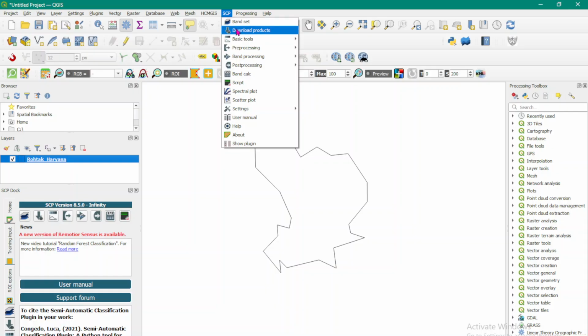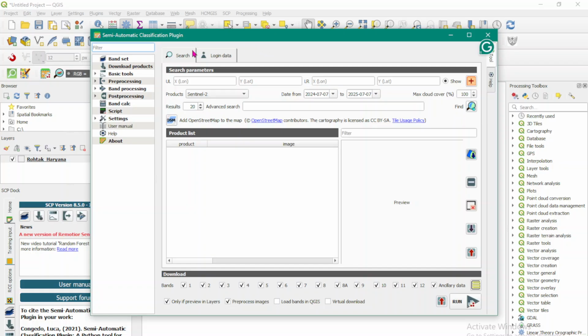Within this, because we are trying to download some satellite data, we will first go to download products, and here you will see two options. One is search, that helps you in searching for your data set. You have study area specifications like the corner longitudes and corner latitudes that you can fill in. Also the kind of product that you want to download, for which date you want to download, and how much cloud cover is acceptable for you. Maximum 30% cloud cover is acceptable to me, so I will go for this.